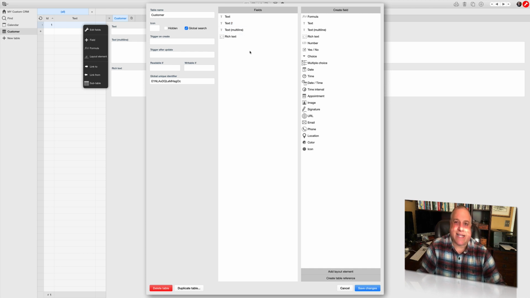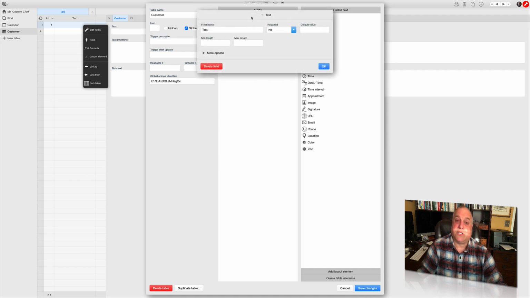Speaking of names, let's give these fields more meaningful names so we better understand the kind of data that they're going to store. Hovering over the first text field at the top of the screen, when the blue bar is there, click to open up the text properties window. Now, you'll see field name, required, default name, min, and maximum length in this arrow pointing to more options. We're going to get to more options in a moment, but what we want to do right now is name